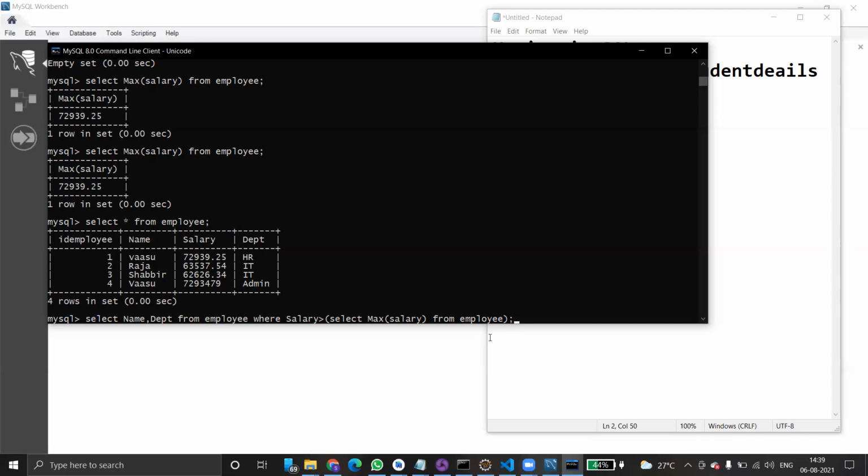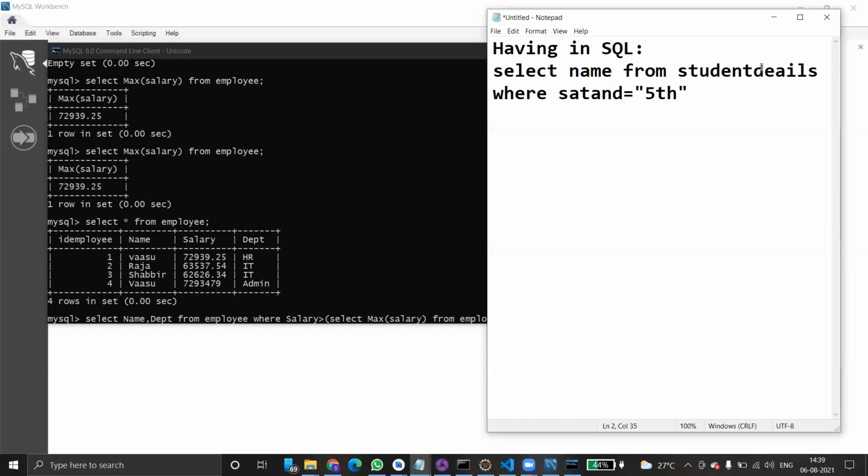What are those constraints? Not null. That means we cannot have an empty value. You should always ensure that the column cannot have a null value, that means an empty value. Coming to unique. What is unique?